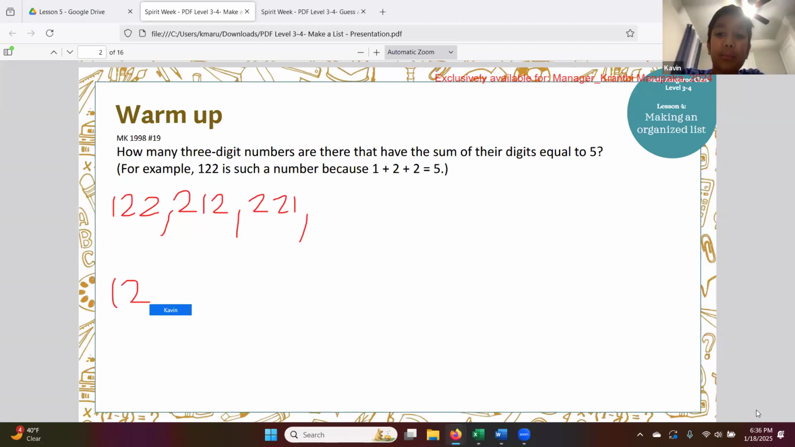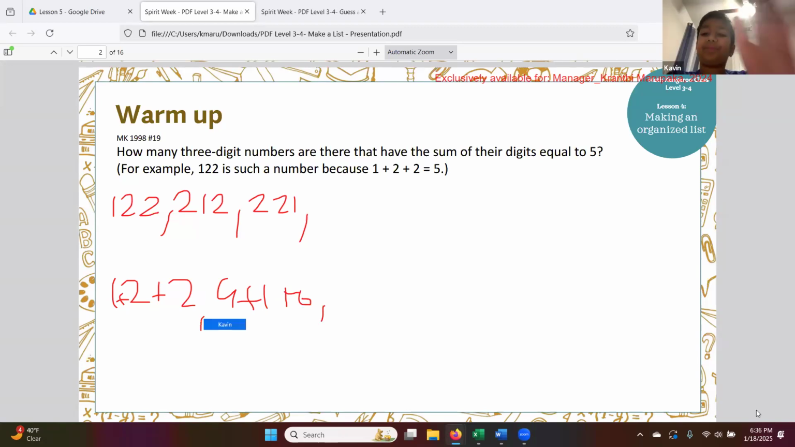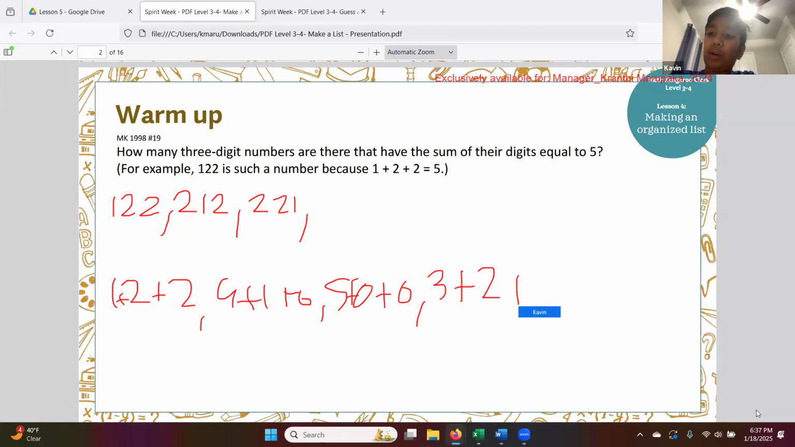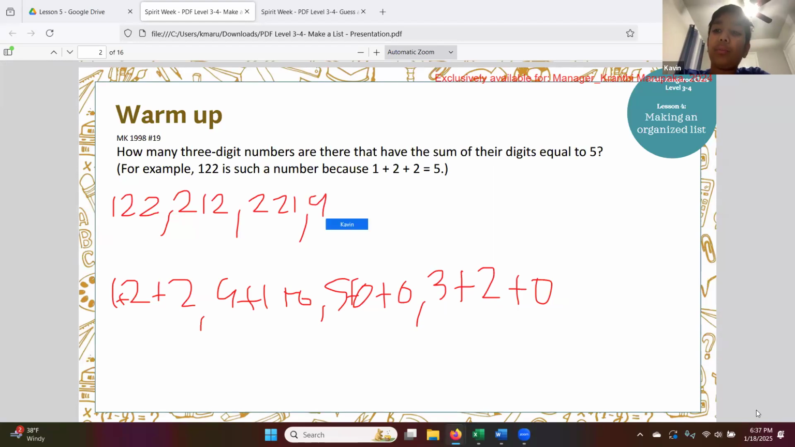1 plus 2 plus 2. And then you can also do 4 plus 1 plus 0. You can also do 5 plus 0 plus 0. And 3 plus 2 plus 0. So if you follow all of those patterns and just swap it like that, so for instance, 410, 401, 140,